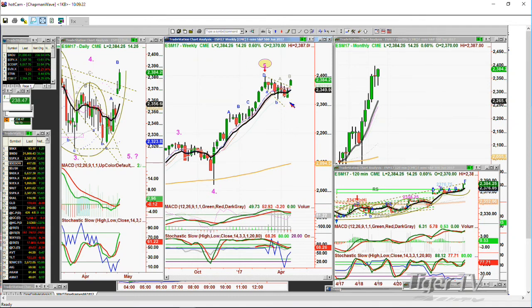It means that within this formation, I always talk about the fighting formation. One is the pattern that says there's a cup forming. And if you were to break out from this resistance line, there's a good chance you're going to head towards the high on the left side. The other is that if you form an arch formation and fail, be prepared to come and retest the low